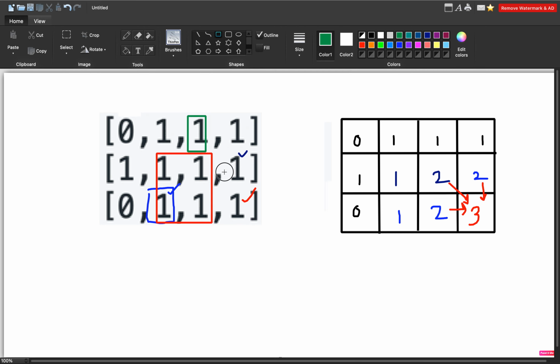Similarly this is of size 2, for which the answer is stored here. And similarly one more, it is of size 2. So now this index can contribute to our answer and make it of size 3 if and only if all of them are 2. So you can clearly see that. Yes, that is the reason we are doing it. I hope you are able to understand what we are doing. So let's now try to code this thing up.